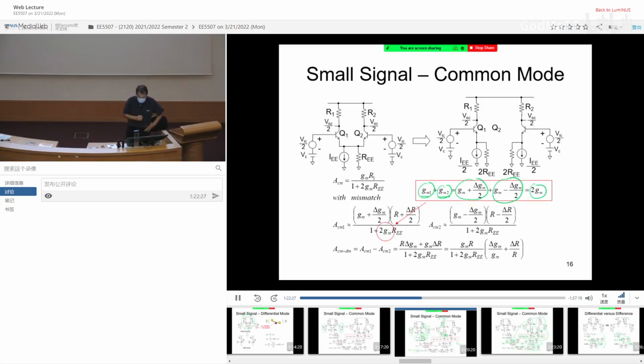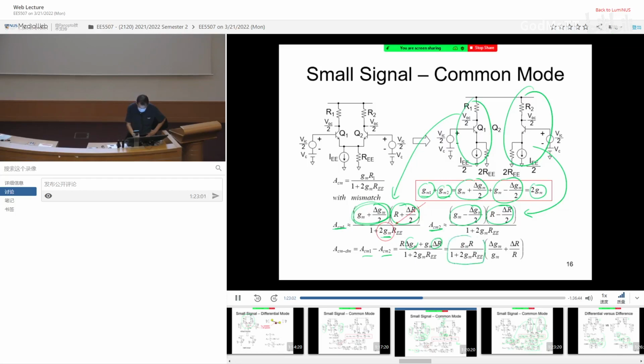Okay, so actually at the bottom one, this GM is still the same. But if you look at the top one of the common mode gain is going to have slightly larger GM, slightly larger resistor. The other guy, so this path refer to this guy, this path refer to this guy. Because of the mismatch, the other guy will have smaller GM and smaller R. And then now if you try to take the difference, now the delta will show up. And if you try to manipulate it, still take out this very well-known term over here, you start to see